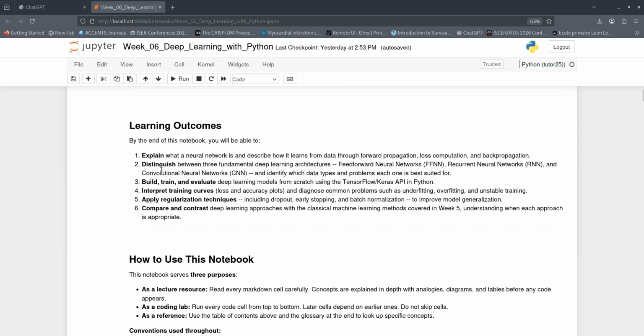The second outcome is to distinguish between 3 fundamental deep learning architectures. We need to make a clear distinction between the FFNN, the RNN, and the CNN, and to identify which